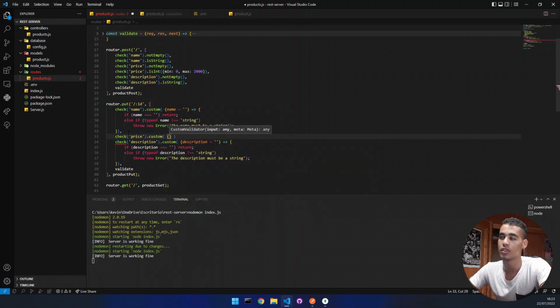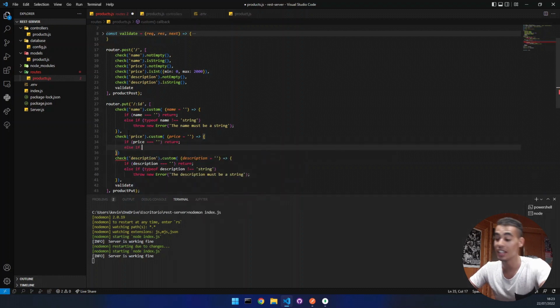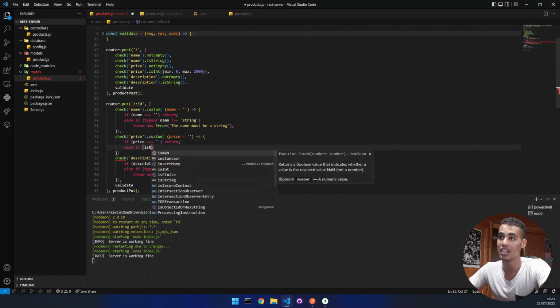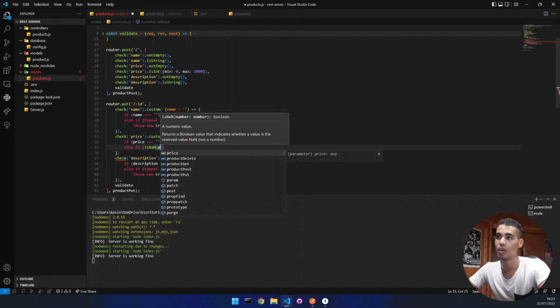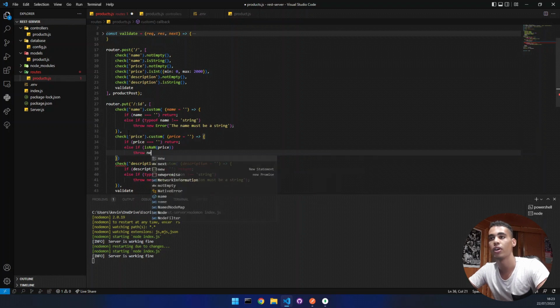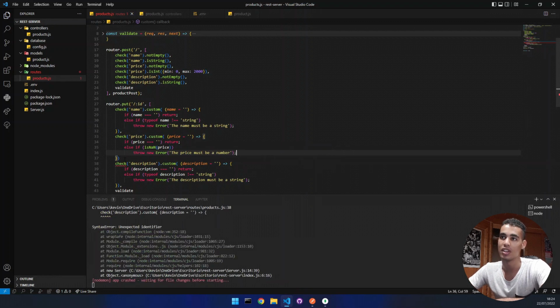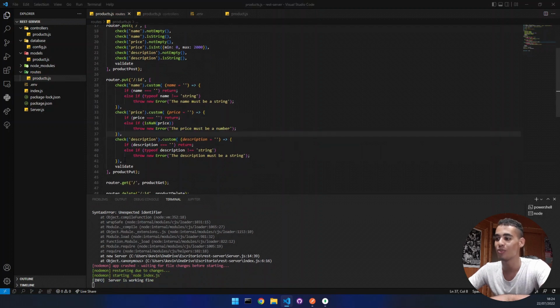So we receive also the price, which we are going to put like that with a default value, and if the price is equal to that, go away. Oh wow, return, go away. Else if price is not a number, then we throw new Error, "the price must be a number." Perfect. So here we are going to put a comma, and let's check if we have done this